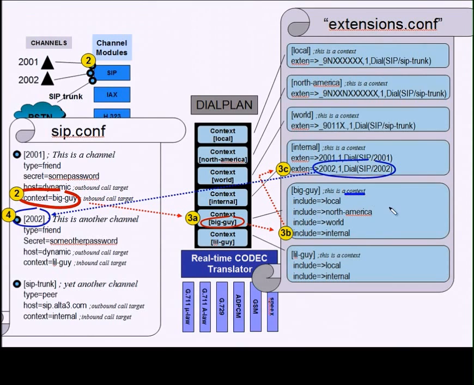And within a context must be all the dialed numbers that we expect Asterisk to be able to process. So I made judicious use of the include parameter, which I hope you do as well. So my first step is to begin the processing. Now bear in mind we said that 2001 just dialed 2002. So we saw the invite go to the channel module. The channel module sent the invite into big guy, and the big guy context begins by looking for the dial digit